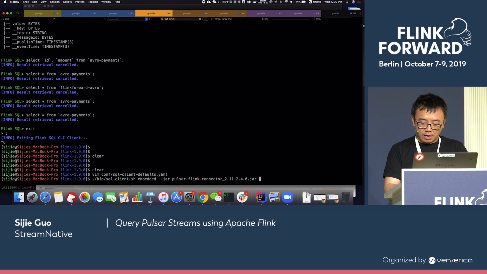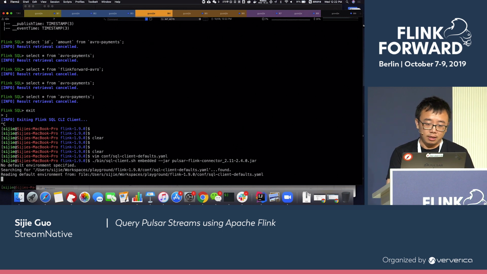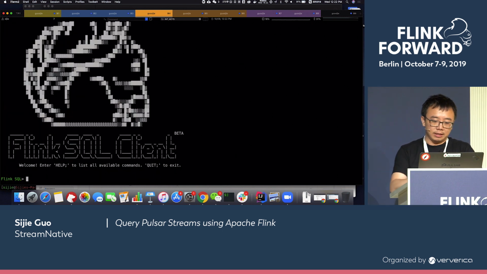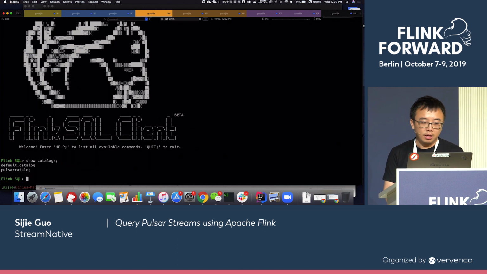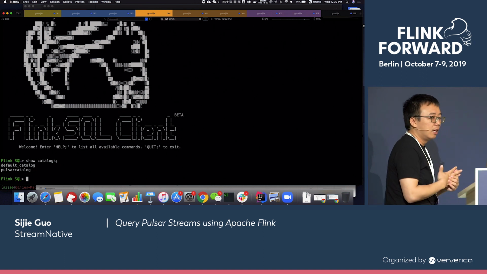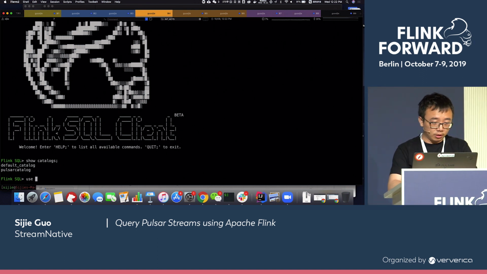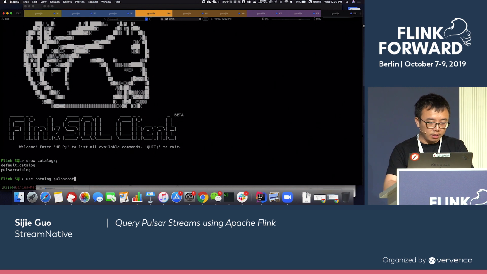So once you have that, you can specify the jar in your SQL client. And when it has started, you can just show catalogs, and we see there's a Pulsar catalog coming up. And then you can use catalog Pulsar catalog.